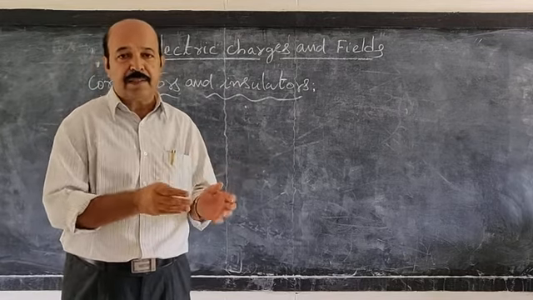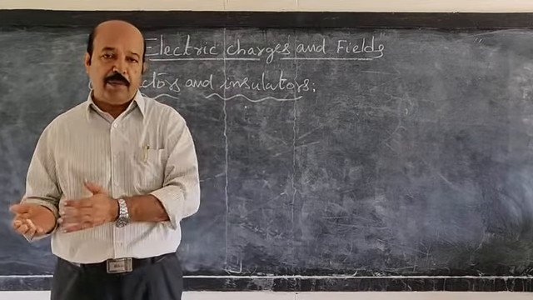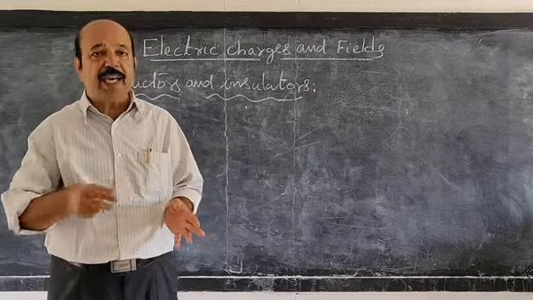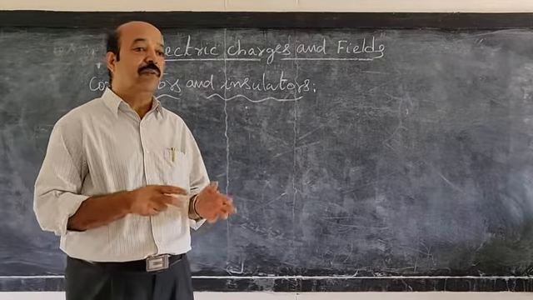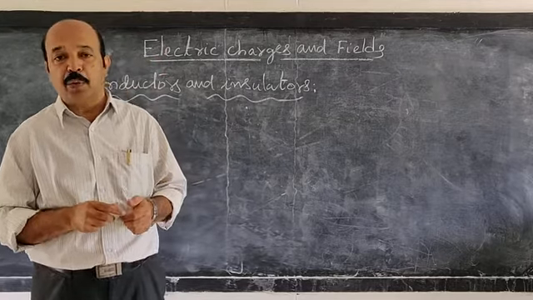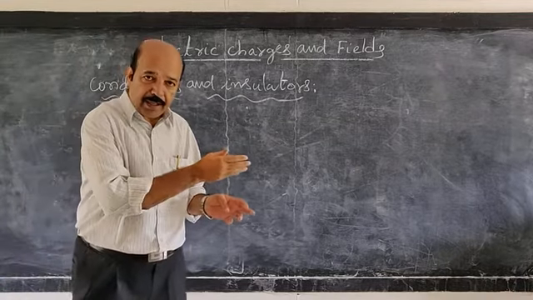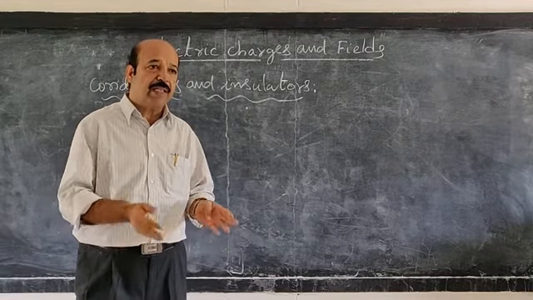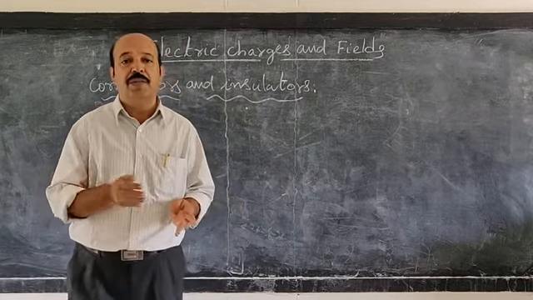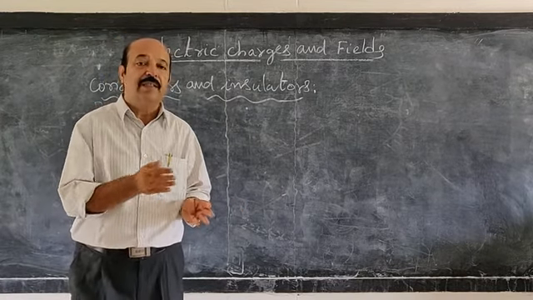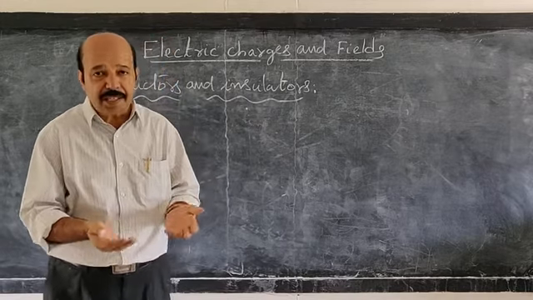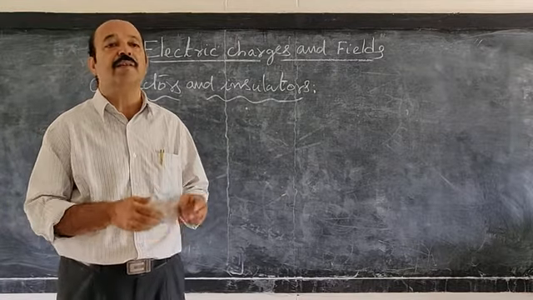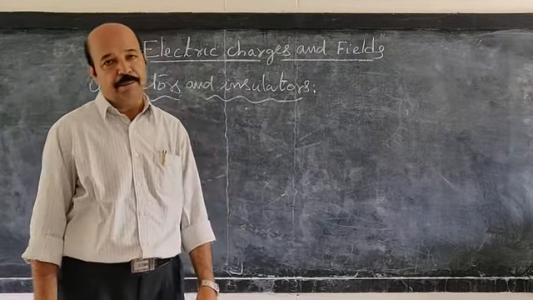So such metals, the human body or animal body, and the earth are said to be good conductors because the charges can flow through them, whereas wood, plastic, glass, porcelain, etc. are called insulators or bad conductors because they don't allow the charges to pass through them. We call that resistance to the flow of charges. So they won't pass through such materials. We call them insulators or bad conductors.